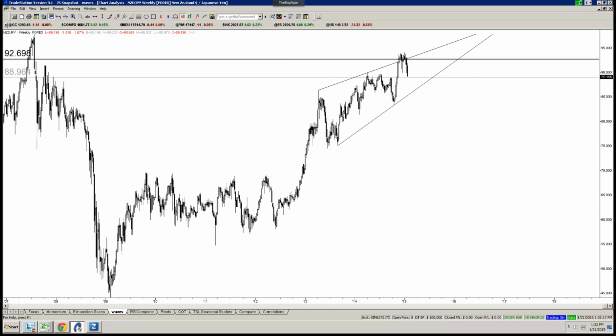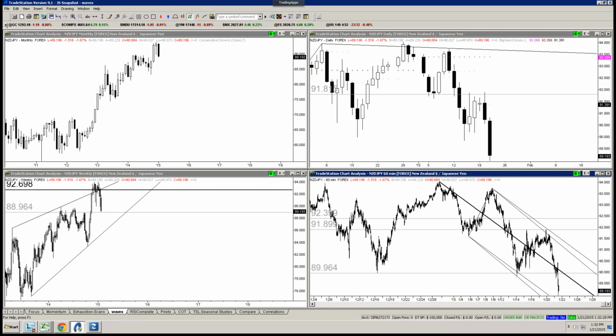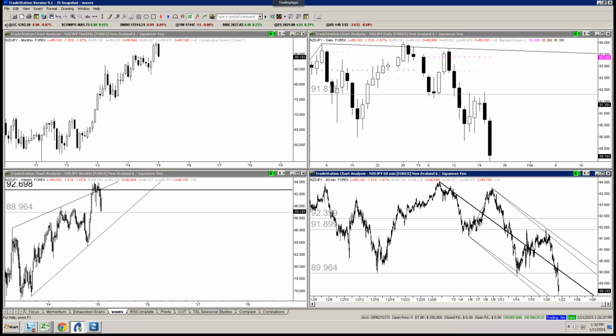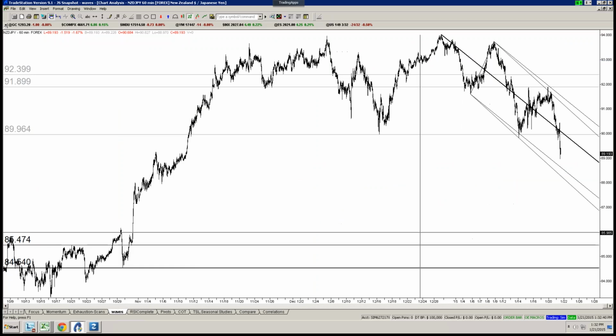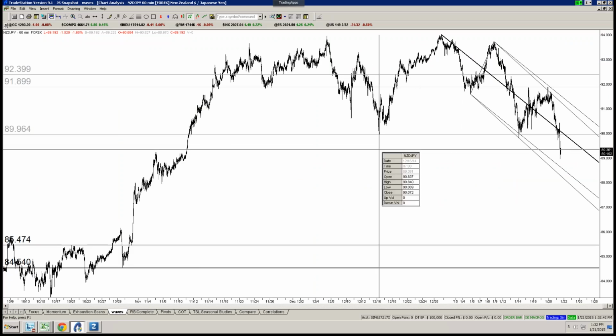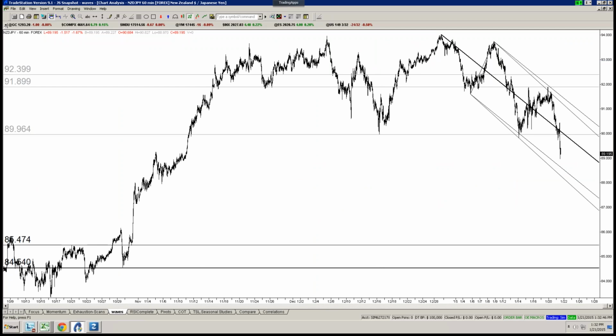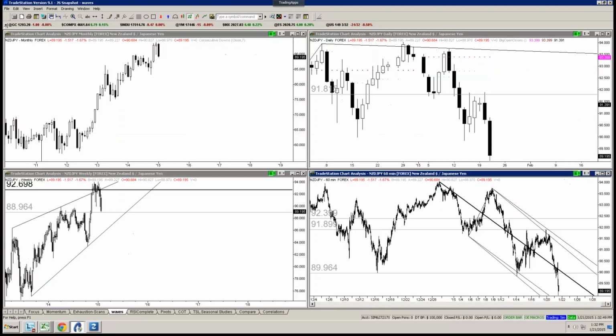But the point being is that it's a weak structure that tends to lead towards a reversal. And this week's action, specifically this month's action, is the best indication yet that we might have something interesting on the downside. So how would we play this? How would we look at this? So here's an hourly chart. We've just broken below the December low. That's a big deal, if you will, breaking a prior month's low.